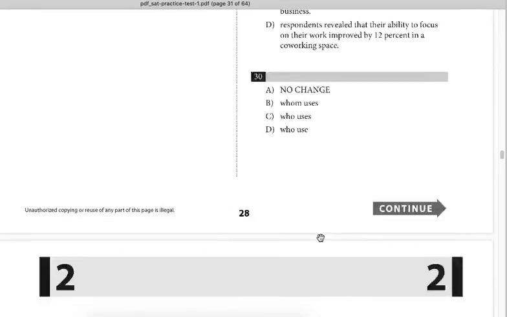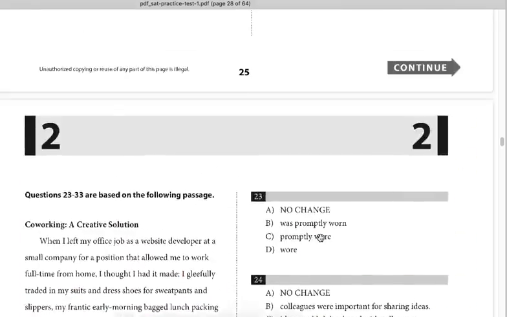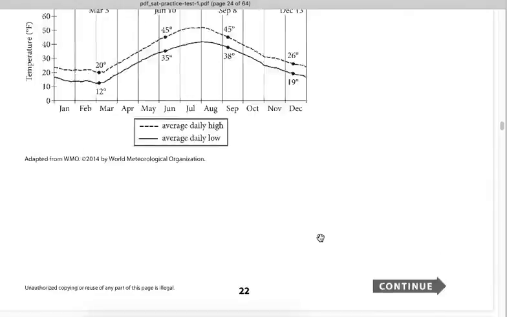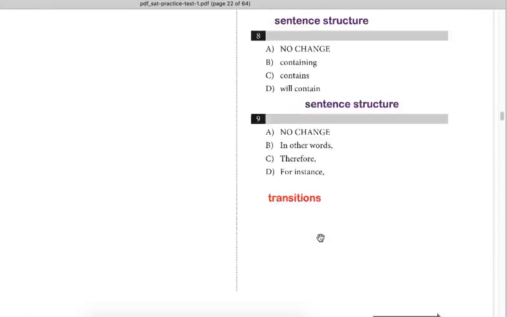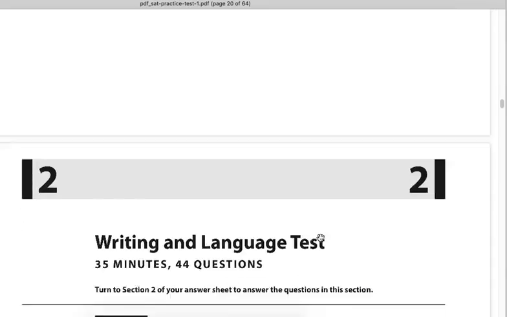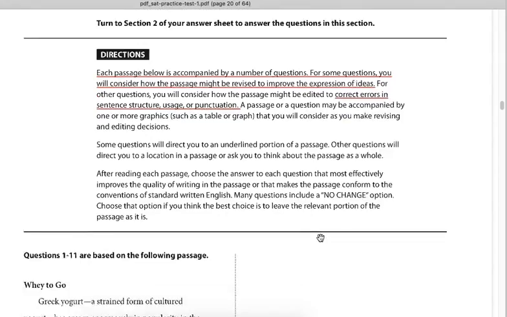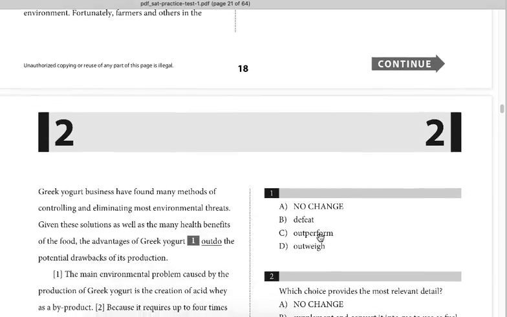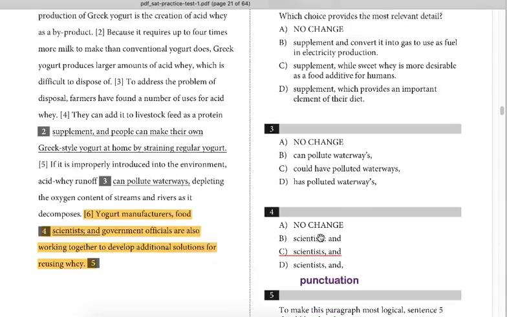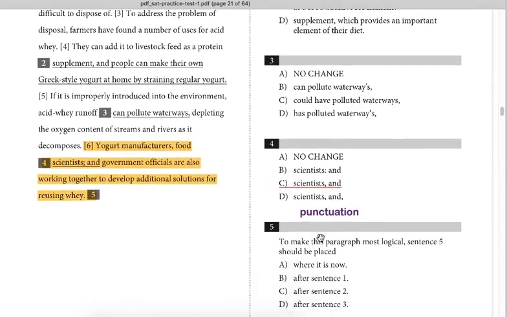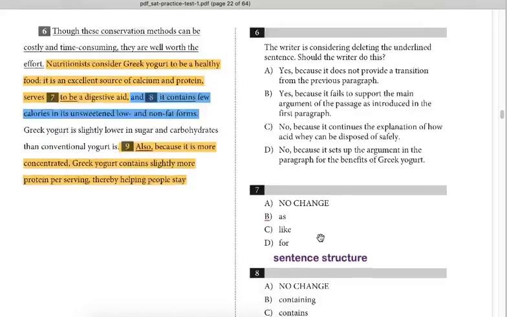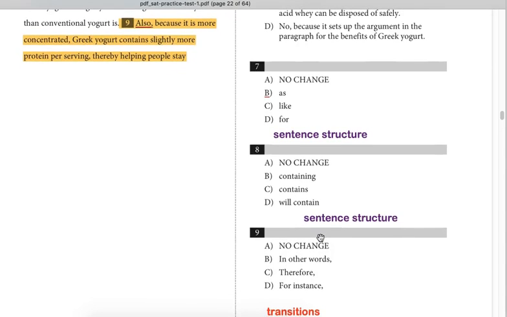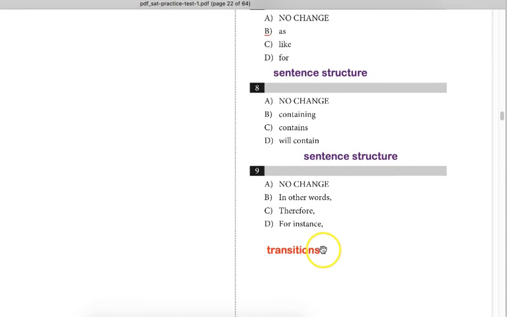Well, if you were to zip back through this test very quickly in the last minute that we have or so, you will see that you have to be able to master the conventions of standard English. You have to know the terminologies of grammar. There is no way to fake this. There's no way to find strategies without knowing the grammatical terms that are being tested. Let's run through it very quickly again. Number 4, punctuation. Again, you'll see sentence structure questions, how to relate sentences and clauses to each other, transitions, how